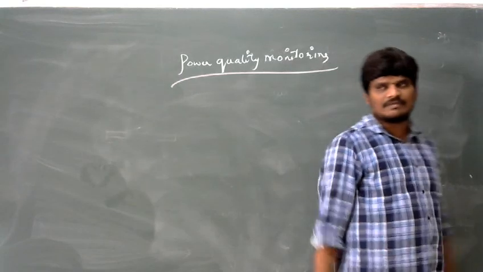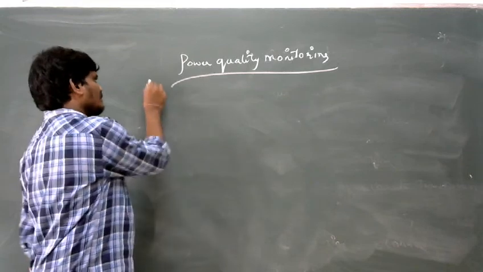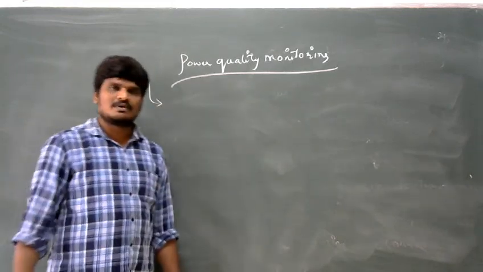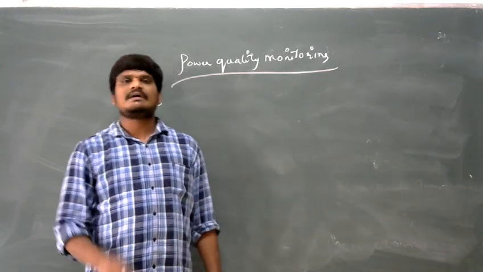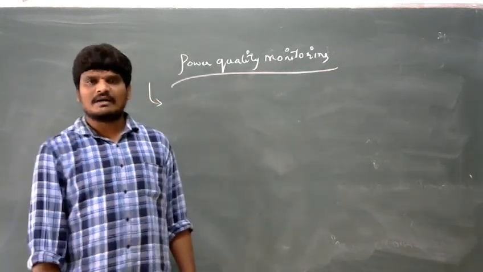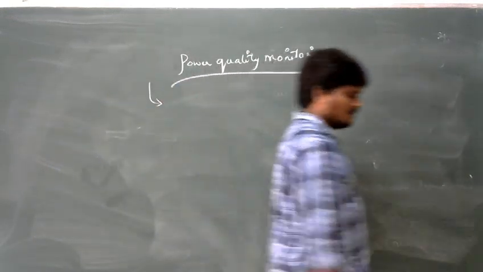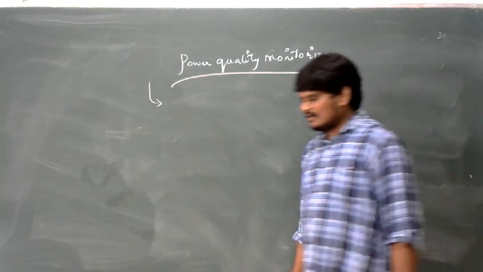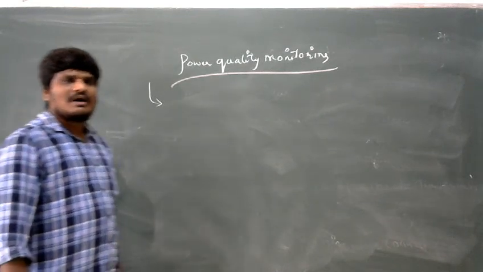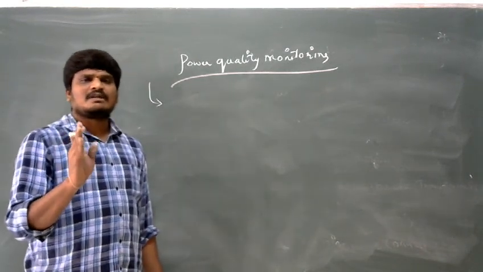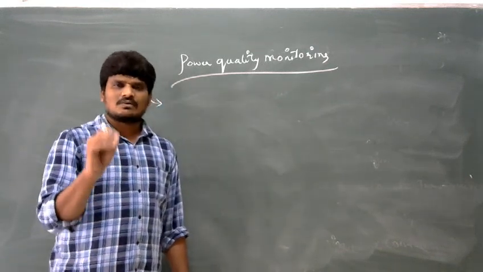According to the definition of power quality, what is the first point we are discussing in case of power quality monitoring? A power quality monitoring system monitors the quality of voltage and current which is produced by a power plant. A power plant is used to produce some amount of power. If the quality of voltage and current produced by that power plant is monitored, then the technique is called power quality monitoring.